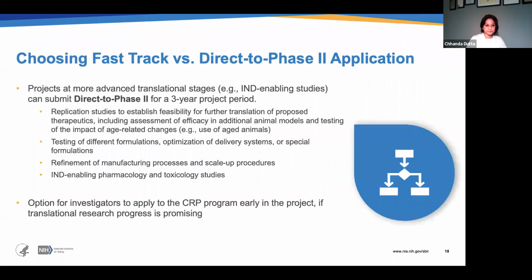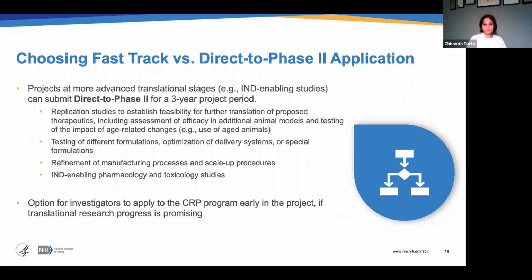Next slide. Choosing fast track versus direct to phase 2 application, continued. So products that are at more advanced translational stages. For example, if you already have a lead compound that's optimized and you're about to enter the IND enabling studies, then we feel it's appropriate for you to submit a direct to phase 2 application, which gives you 3 years of support. Some examples of things that would be appropriate for direct to phase 2 are replication studies to establish